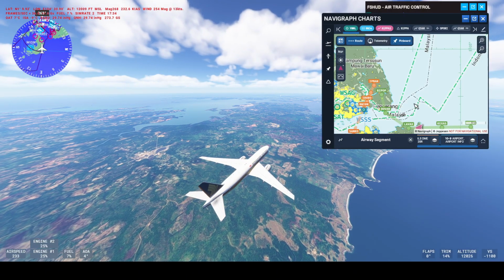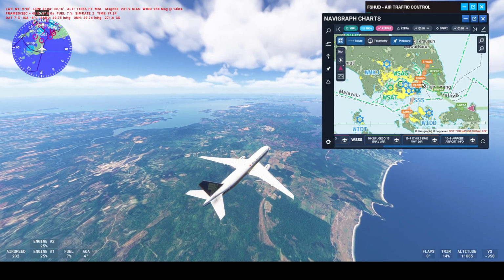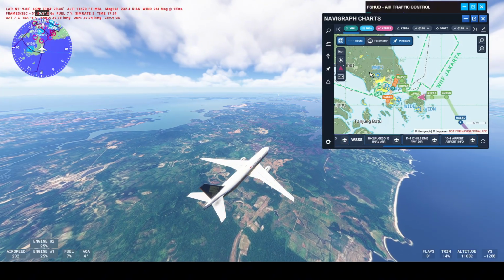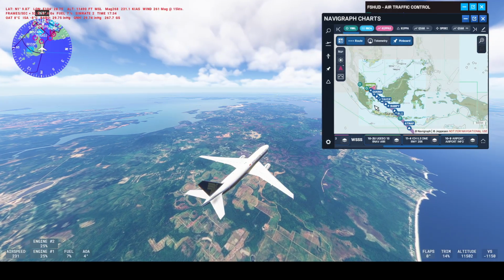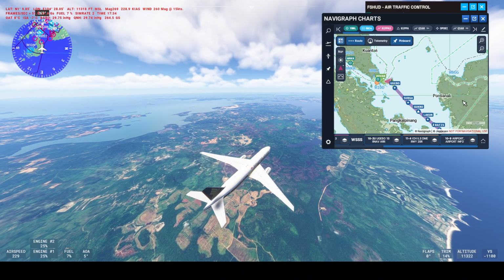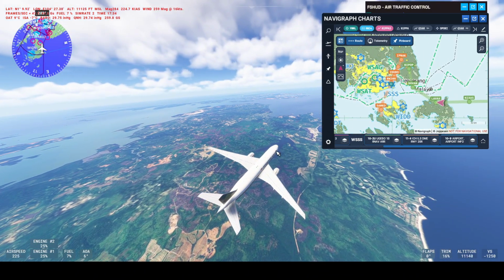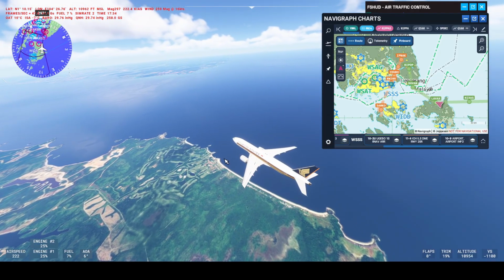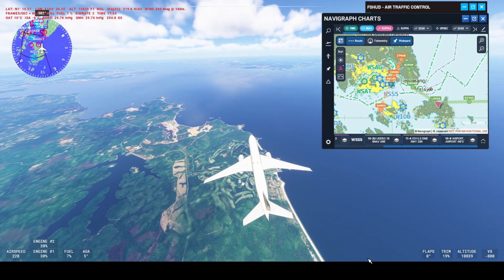You got Indonesia here, these are all Indonesian islands, then you got Malaysia here, then you got Singapore here, so it's a very, very interesting condensed part of the world, even though Malaysia is like a massive spread out country. Same with Malaysia, and then you got this little bit of landmass here which is Singapore. But yeah, we're flying over Malaysia, Indonesian islands,